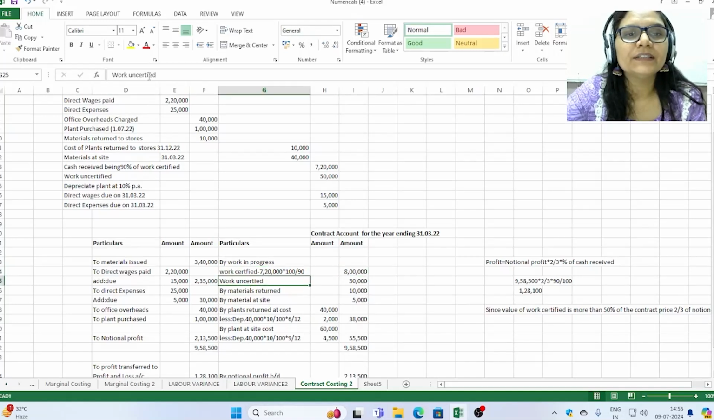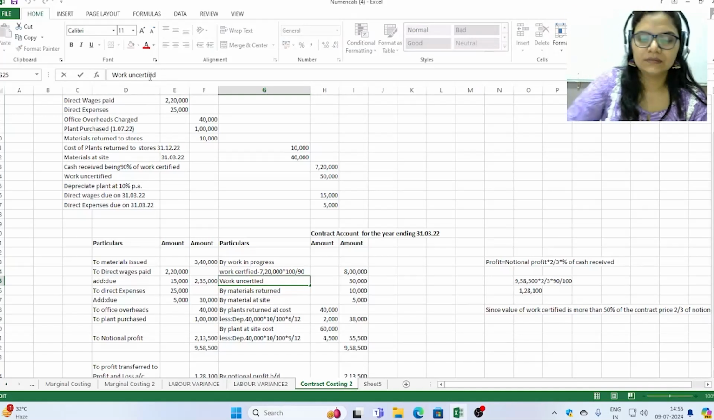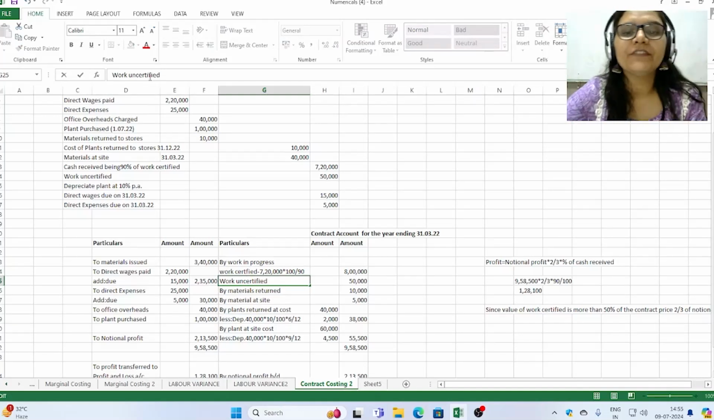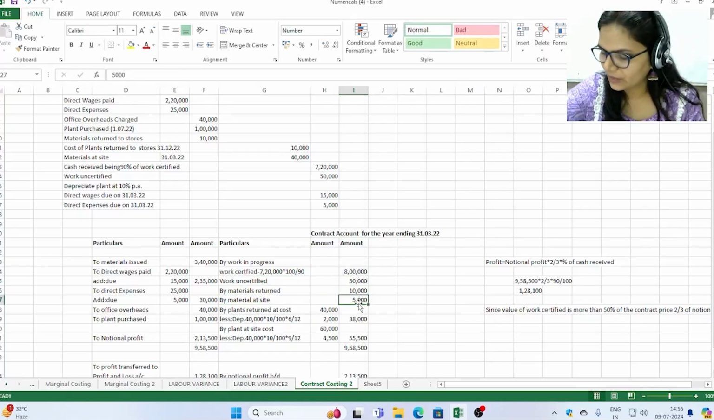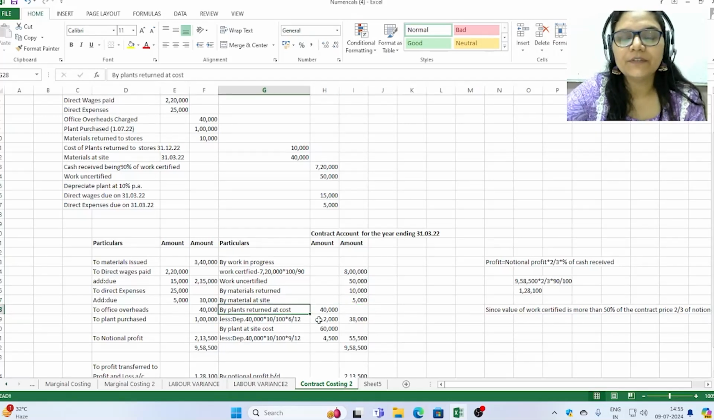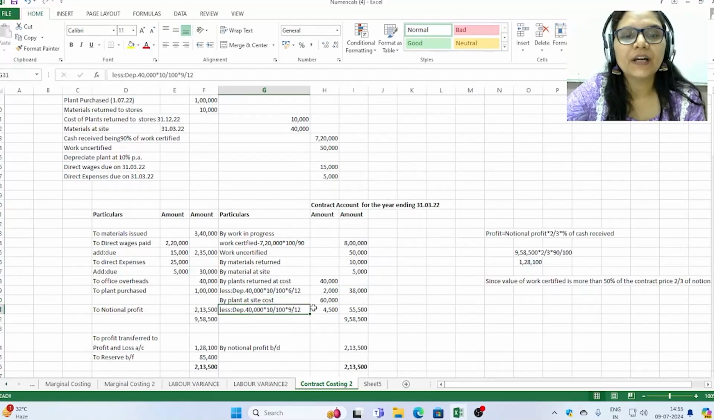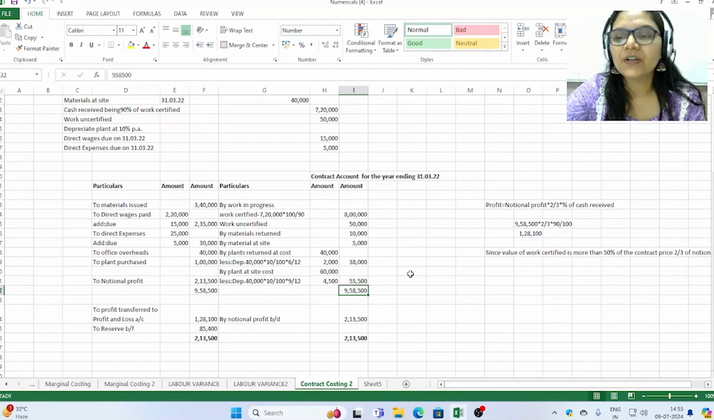Work uncertified is 50,000. By materials returned, 10,000. By material at site, 5,000. By plant returned at cost, 40,000, from which we have deducted depreciation, it is 38,000. By plant at site, we have deducted the depreciation, which is 55,500. And finally, we got the figure of 9,58,500. From this, we will deduct the total of these two. We will get the notional profit of